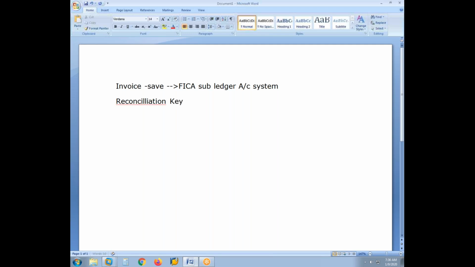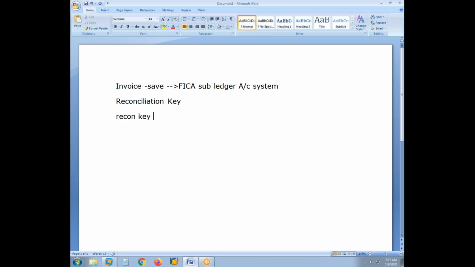Now, there are two types of reconciliation key. The first is the reconciliation key that the user creates and uses while posting. In yesterday's session, we created one reconciliation key, and that key was entered while processing the invoice. Imagine we processed thousands of individual invoices in a day, and for all of them we kept the same reconciliation key. We can keep using it till the complete postings have been done for the day. Once the postings are completed for the day, the administrator will close the reconciliation key,